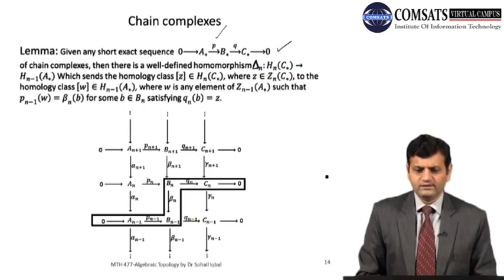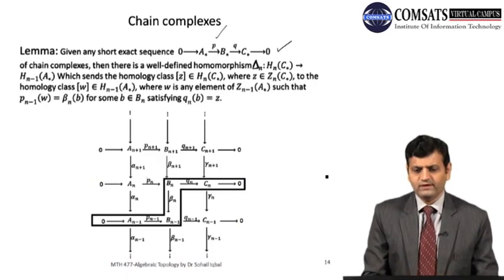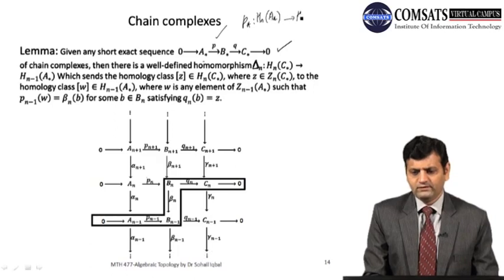Now we have already seen that if we have a chain map between two chain complexes, then that chain map induces a homomorphism between the homologies of those two chain complexes. So for example, if I have a map P from A star to B star, then there is an induced map P star from Hn A star to Hn B star. Similarly, if I have a chain map Q from B star to C star, then I have the Q star map from Hn B star to